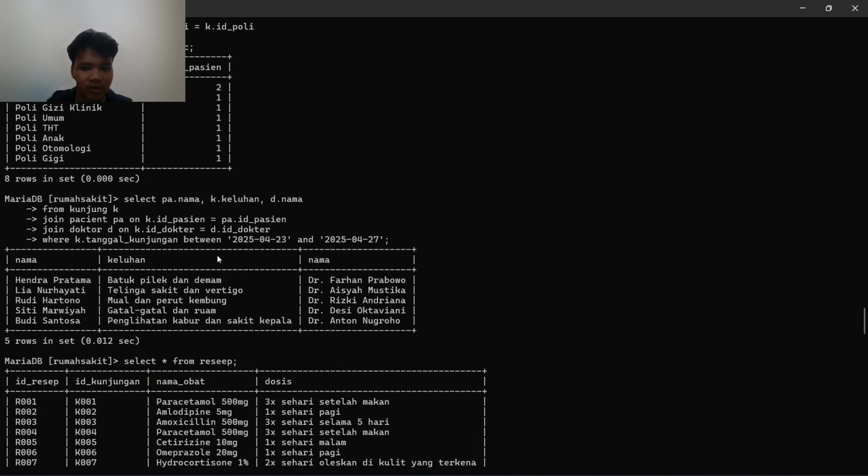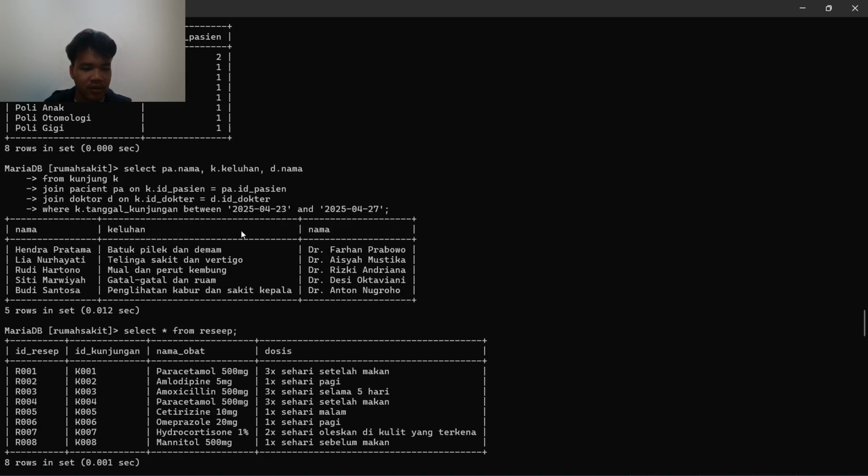And the next one we have to do is show the patient name, the symptoms or keluhan, and the doctor name, and the visit must be between the 23rd of April and the 27th of April 2025.